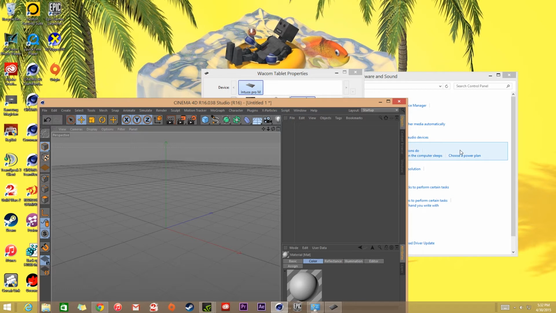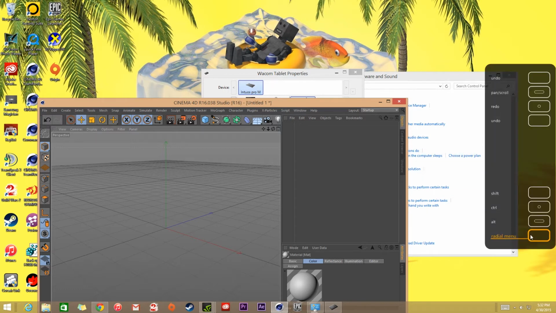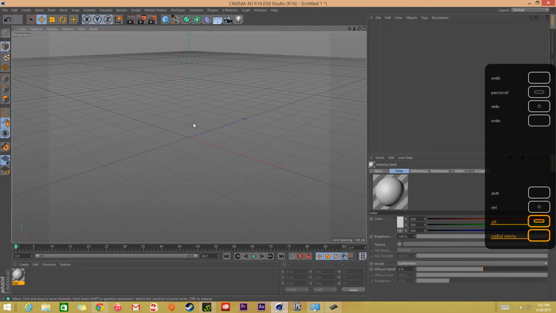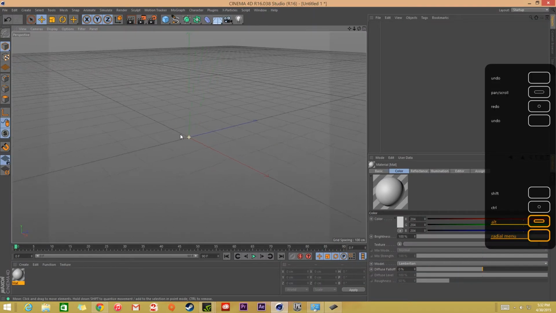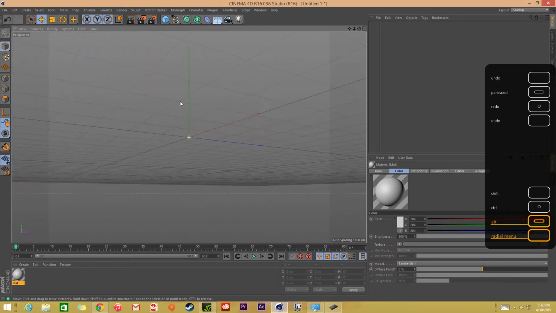So I'm going to rest my finger on the button, and that's going to pull up this little cheat sheet that shows you what finger you're holding down and what button. So the bottoms are radial. The second one up with this line on it is going to be your Alt key, and that means I can hold down that button and then left click but push down the tablet and drag to move around